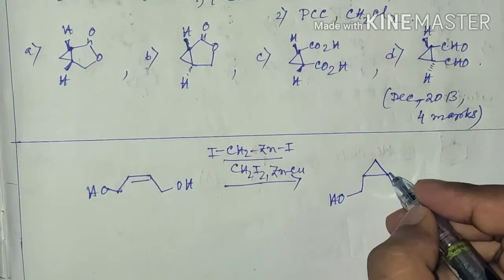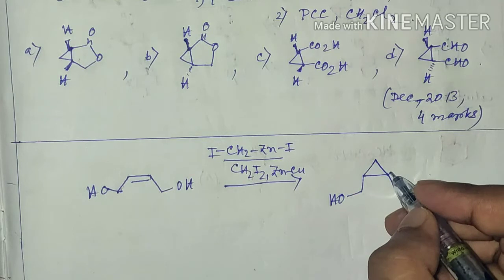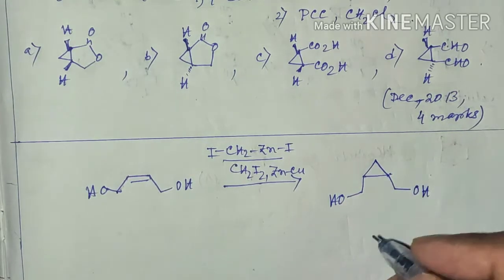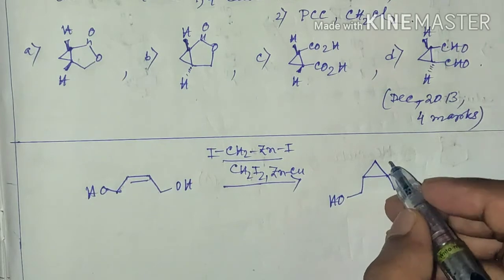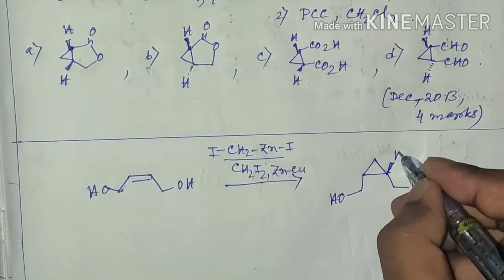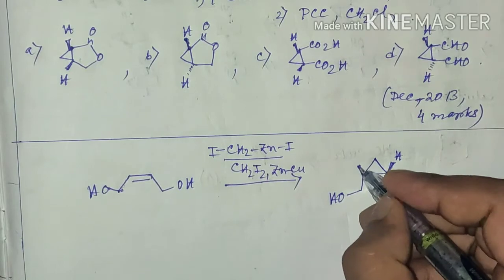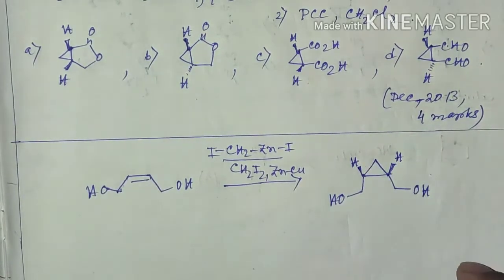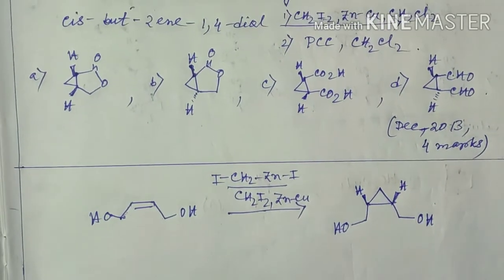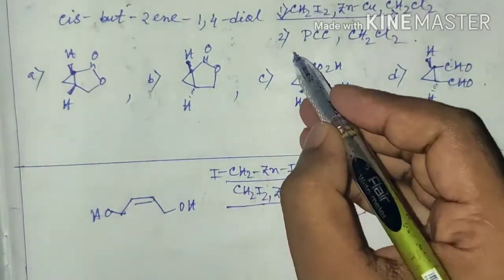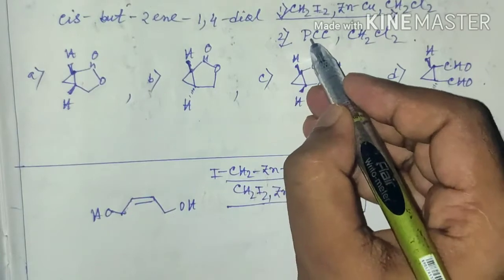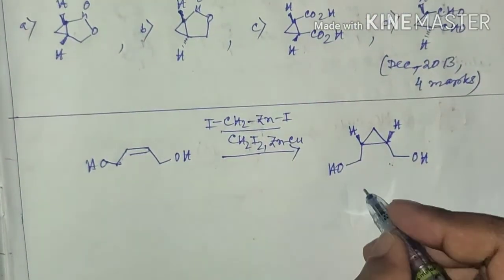and there will be two hydrogen atoms, and both the hydrogen atoms will be on the same side of the plane, that is either above the plane or below the plane. If I take one hydrogen atom above the plane, the other one will also be above the plane. Now the second reagent, this is the product for the first reagent. Now for the second reagent we can see that PCC is given,